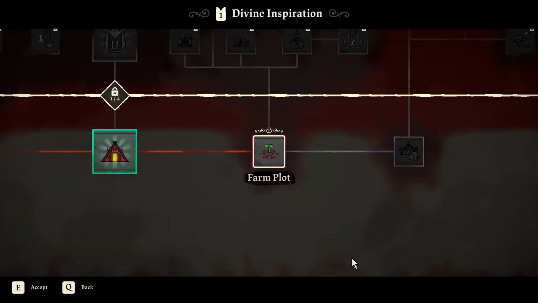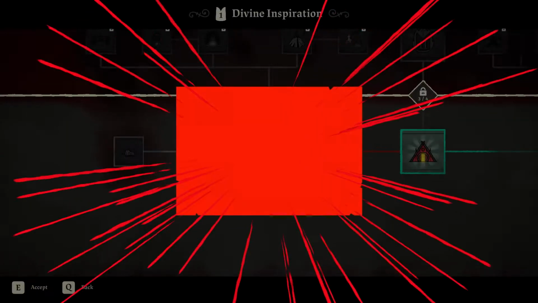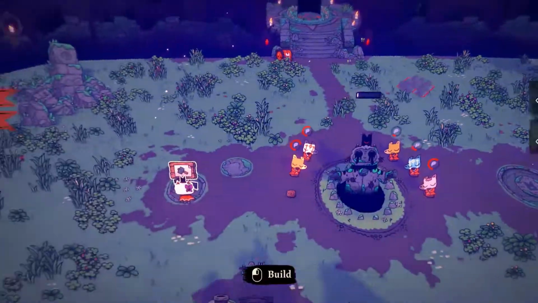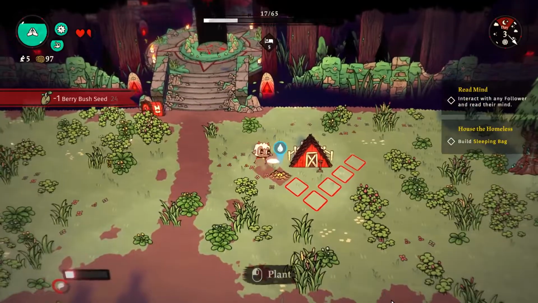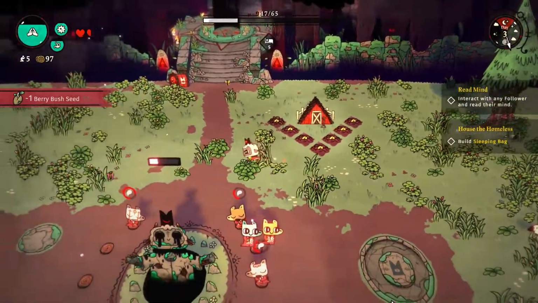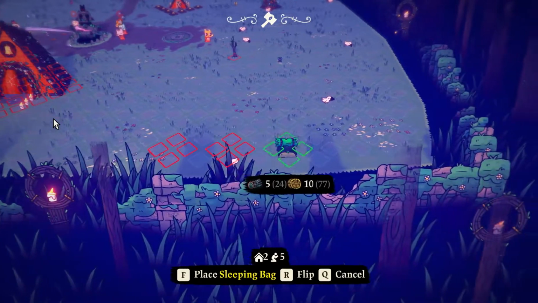With the devotion you collect over time, you'll want to unlock the farm plot, then the farmer station, and finally the sleeping bags. With those, you'll want to build a farmer station and then surround it with 4 to 6 farm plots, constructing them all, planting berry seeds, and then making sure you water them all. And if you still have enough resources, you'll want to put enough sleeping bags down for your followers, build them all up,